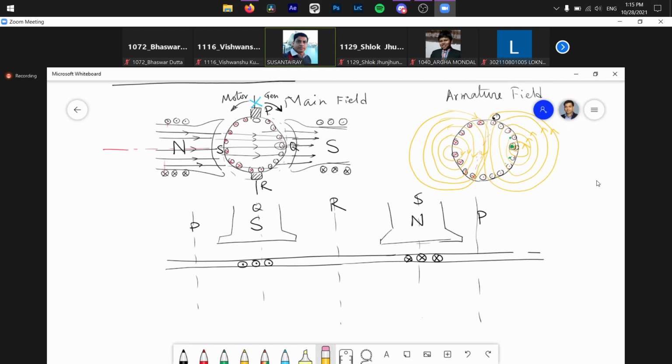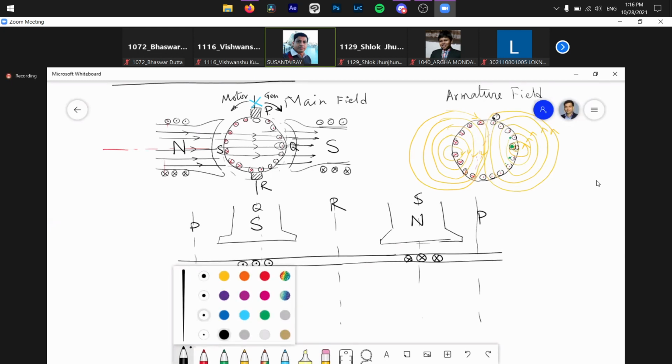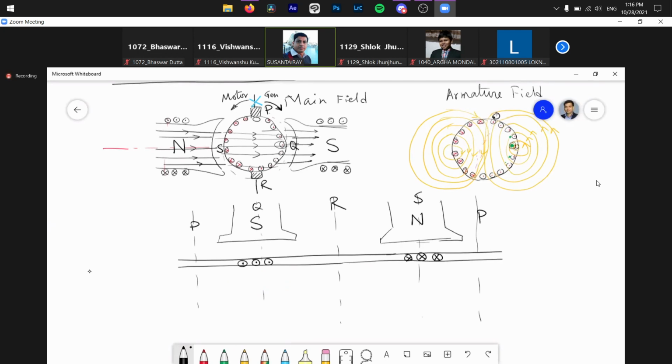Are you getting this layout? How we are drawing this, you have to understand. This you have to visualize. So this is not a circular one. This is the linear view. So I have cut it at point P and I have made it flat. And by doing this, I am moving in a clockwise direction only, in the direction of generator. Okay.